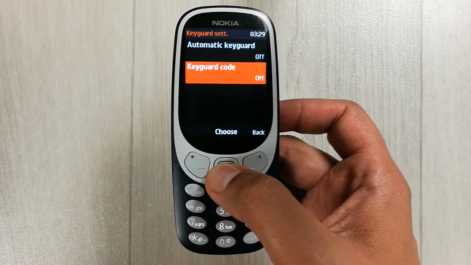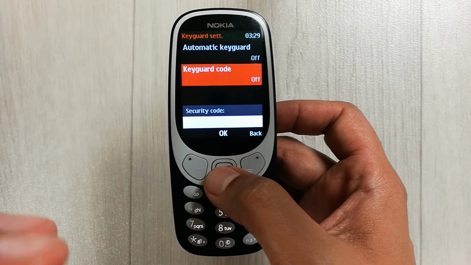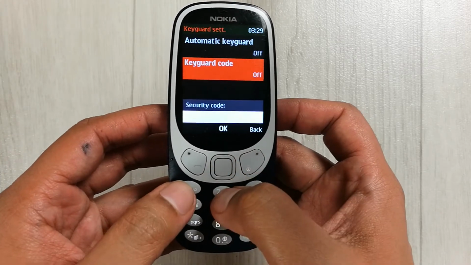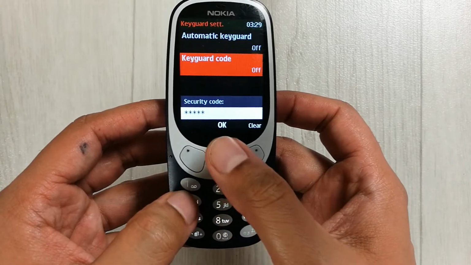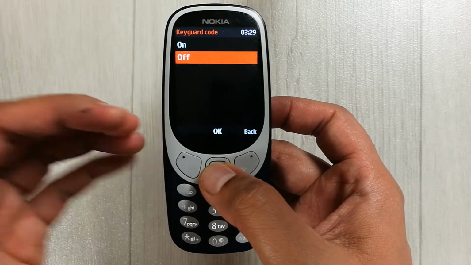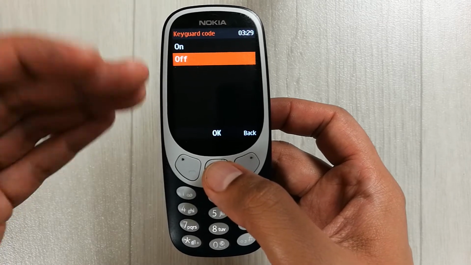I press the middle button and it asks me to put the security code. The default security code is 12345. Then I press OK, and it lets me into the next page to turn it on.